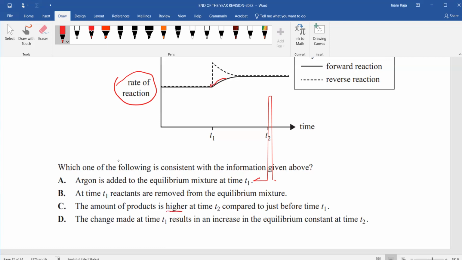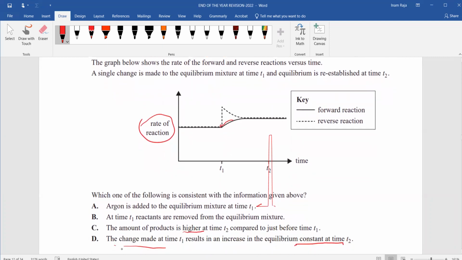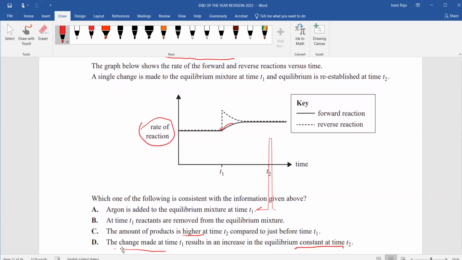The amount of product is higher at time 2 compared to just before time 1. The amount of product is higher. Wait a second, and then the change made at T1 results in an increase in equilibrium constant at time 2. All right, so the answer is C and D. Let's see the question. It is endothermic. Endothermic means the reaction's increase in temperature will favor A and B, and rate should be higher. The amount of product is higher at time 2 compared to